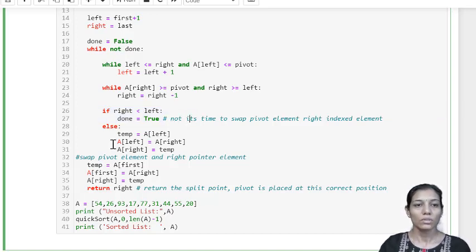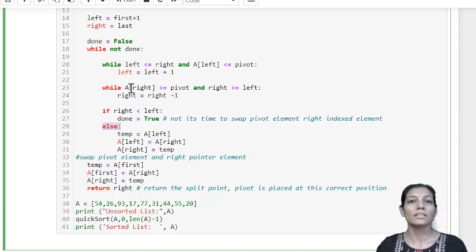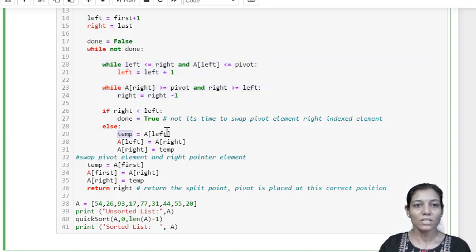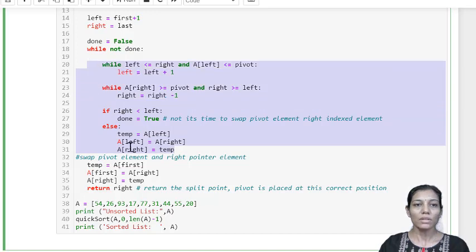In the other case, that means right is still greater than left, we will exchange the left and right elements. This keeps on happening till done is true.